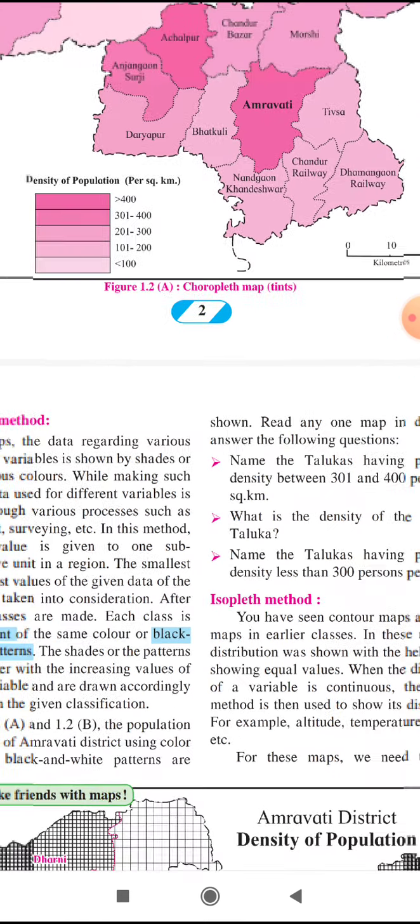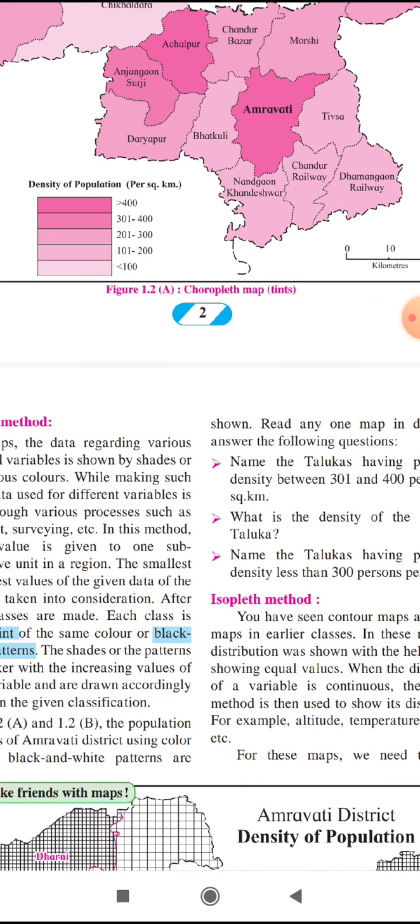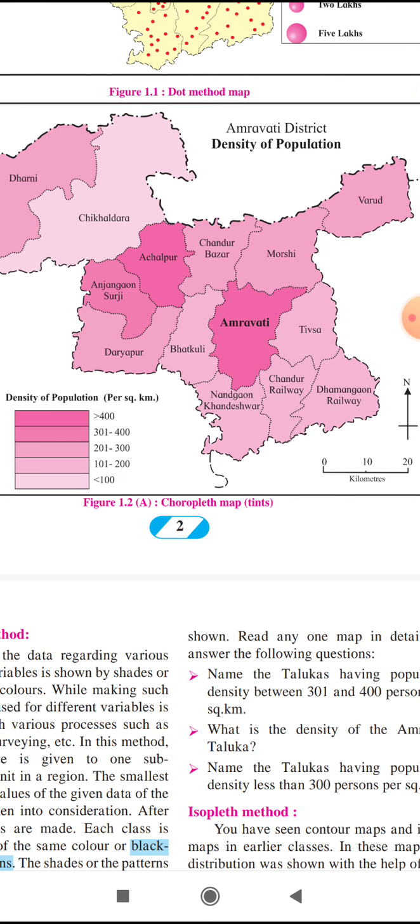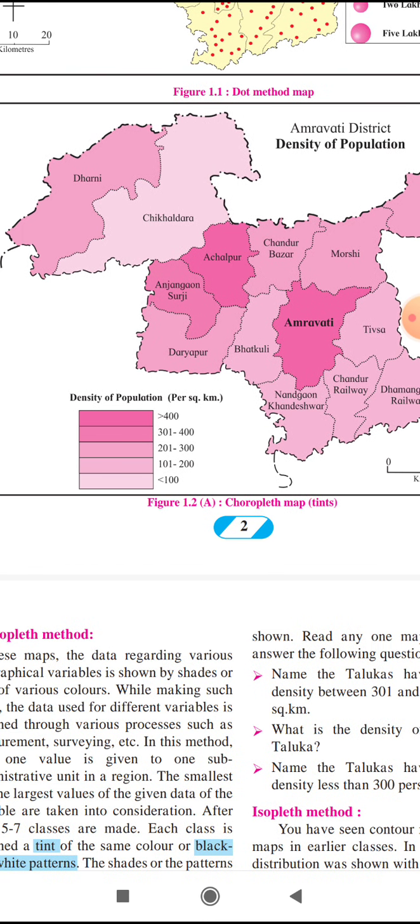Less than 300 means those that come in 101 to 200 and also less than 100, so all those talukas come here. That is, the lighter shades that I told you about now: Nandgaon, Khandeshwar, Chandur Railway, Dhamangaon Railway, Tiwsa, Bhatkuli, Daryapur, Chandur Bazar, Morshi, Varud, and here Dharni. And the last one, less than 100, is Chikaldara.